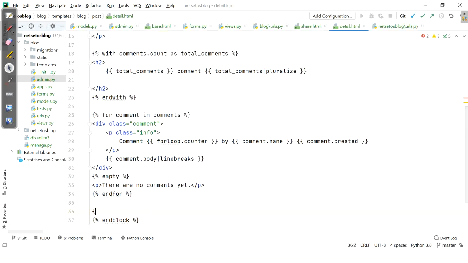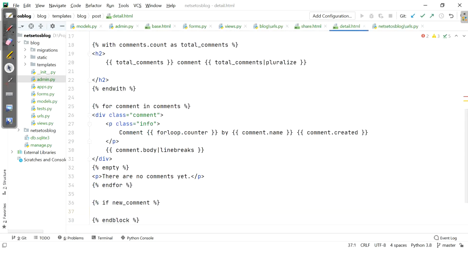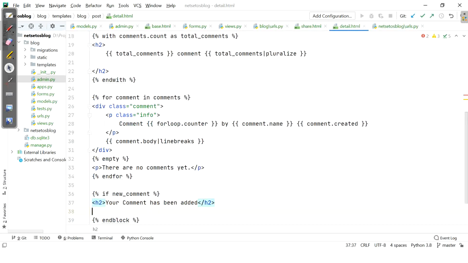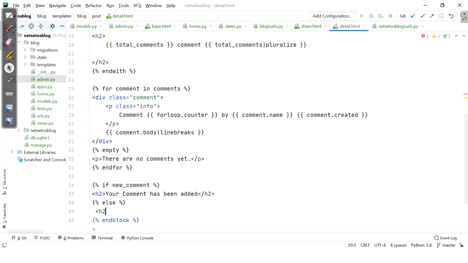For seeing the if condition, if new_comment, then in an h2 tag we will inform our user your comment has been added. What about in the else condition? We will inform the user to add a new comment.